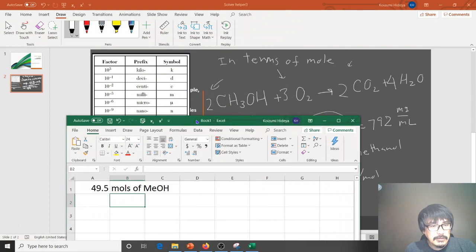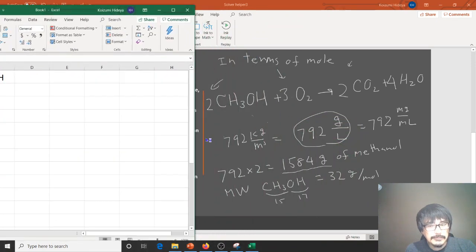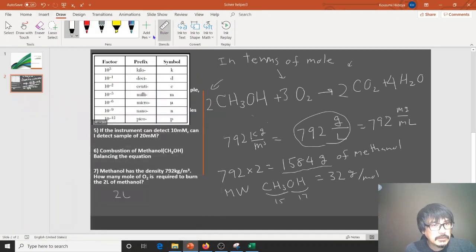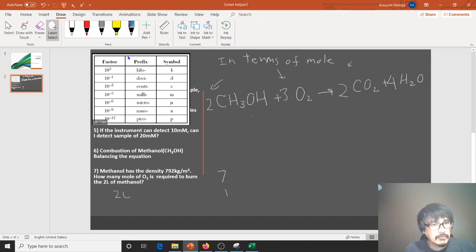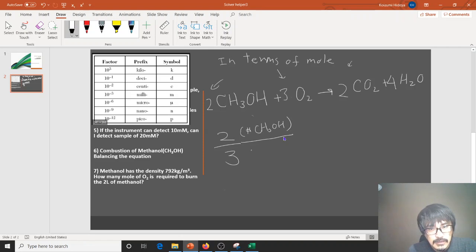Now, if I have 2 mole, so let me just try to clear up this portion right here. Oops, I need to erase these guys. Okay, so the ratio right here is 2 to 3, right? So I'm going to use that ratio right here. The ratio has to be 2 to 3. That's the number of moles of CH3OH, and the number of oxygen, right? Now, why didn't I actually write the O2? Okay, right? So ratio has to be 2 to 3,